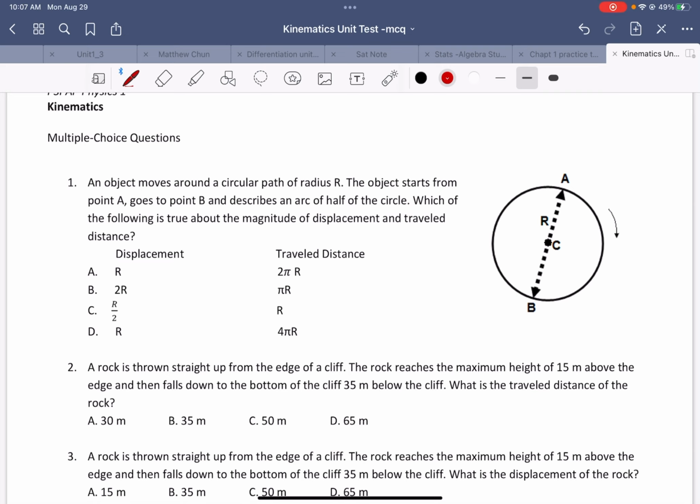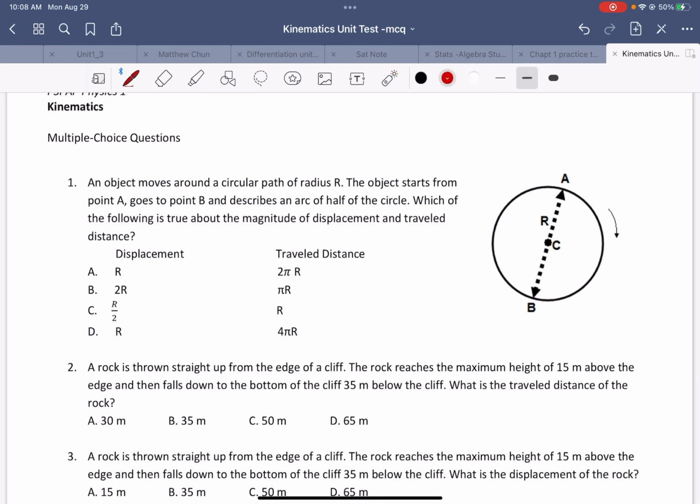So the situation is it travels from A to B like this. Okay, so the question is, what is the total travel distance? That's half of the circumference. Okay, but what is the displacement? Displacement is a straight line from the final point. Okay, that's the displacement. So displacement should be the diameter, which is 2r, and then the travel distance is a